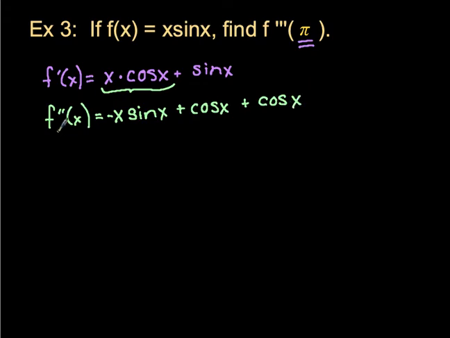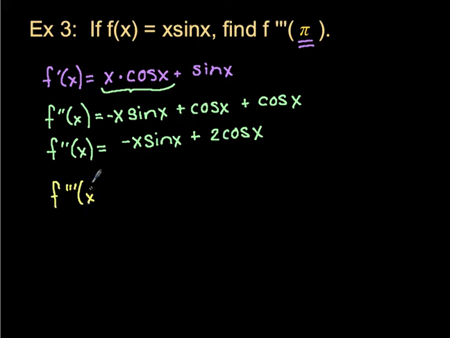Now in this derivative, I can see that I can simplify before I move on, and it'll be easier for me to do that. So that gives me negative x sine of x plus 2 cos of x. Now I need to do one more time. So one more time finds me the third derivative,